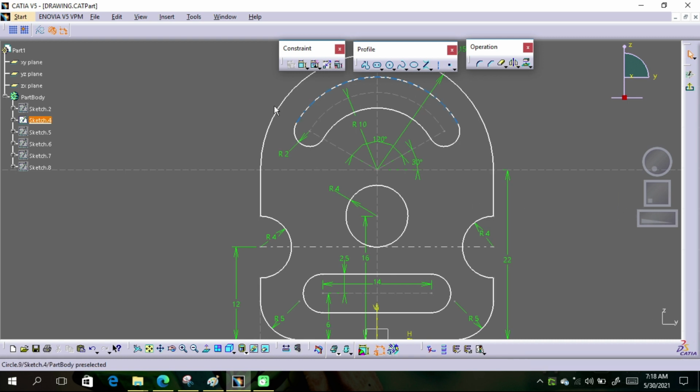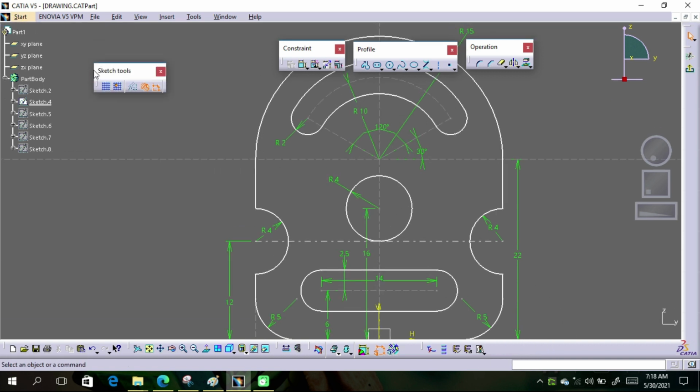Now let's learn about other things on your screen. So this is the menu bar, and this is the toolbar position. This is the top toolbar position, right side toolbar position and bottom side toolbar position. If you pull down this toolbar from this toolbar position, you will see no more toolbar position available, so again use the top toolbar position.